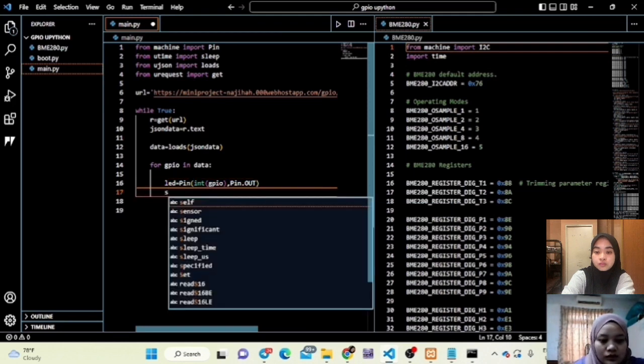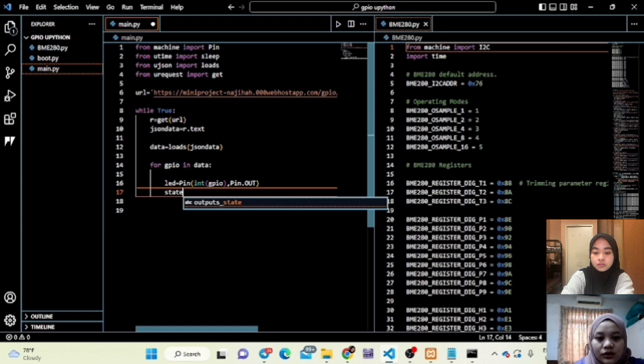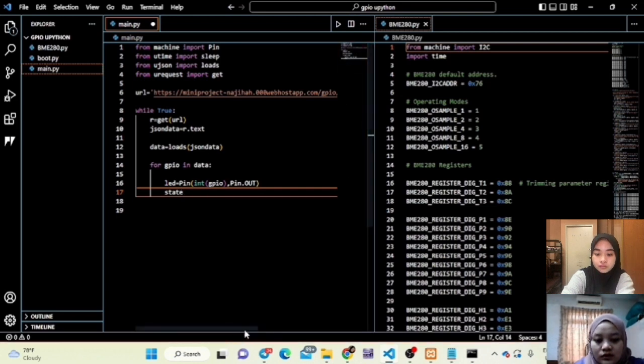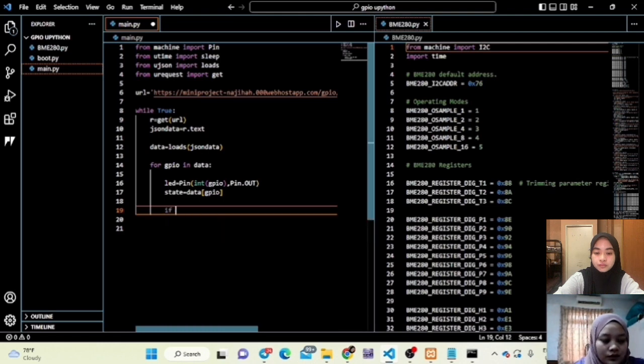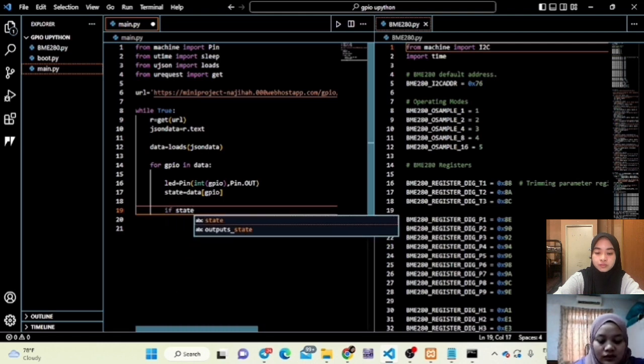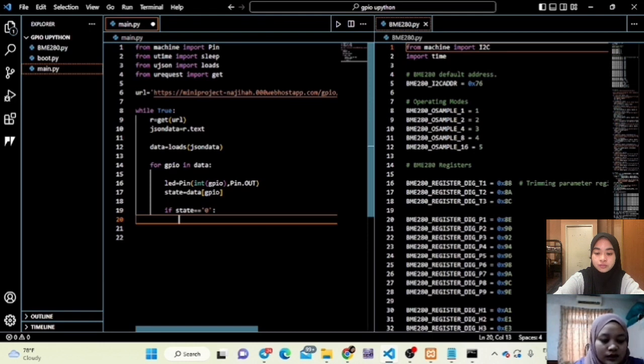Next is state. We use state because this link has state. So state equal to data of GPIO. So next is if state equal to 0, it means the LED is off, and print